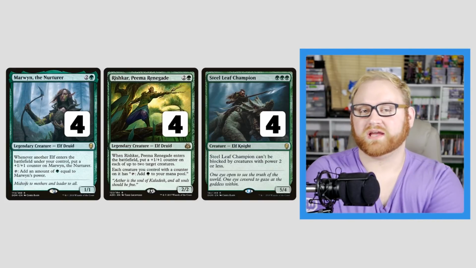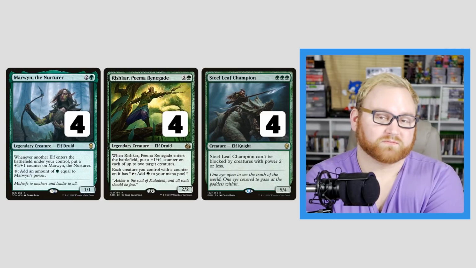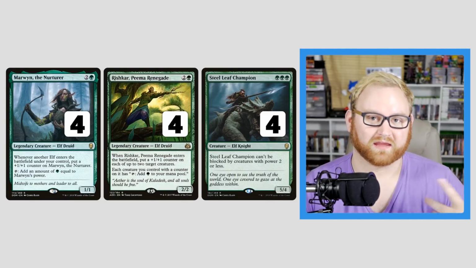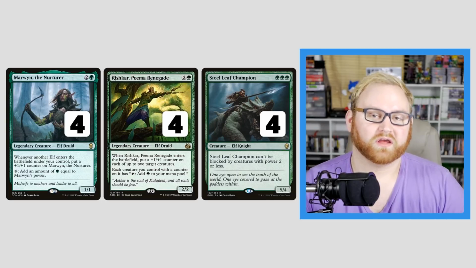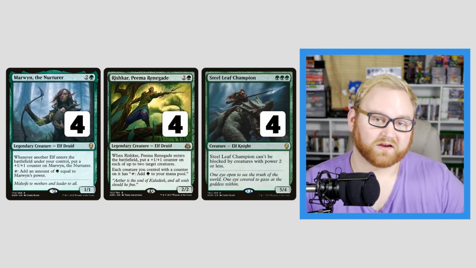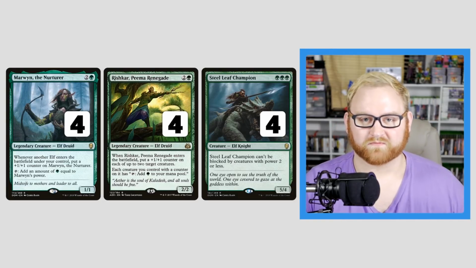so just a great card to start out on turn 2. Rishkar Pima Renegade is a great card for us to kind of ramp even more quickly, getting 2 +1/+1 counters distributed amongst 2 creatures, so making a Llanowar Elf a 2/2, or a Narnum Renegade, sorry, not a Rishkar, a Narnum Renegade, a 2/3, or a 3/4, and so on, things like that. But they also have the ability to tap if they have counters on top of them,